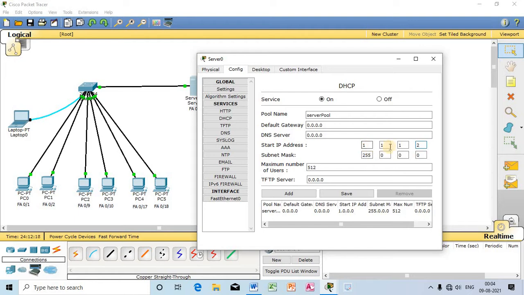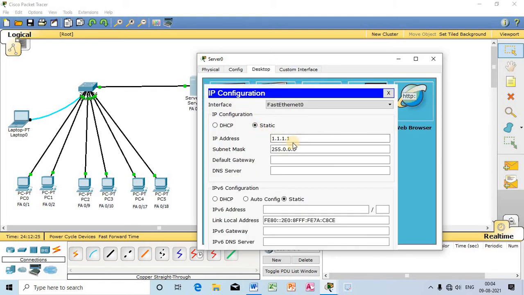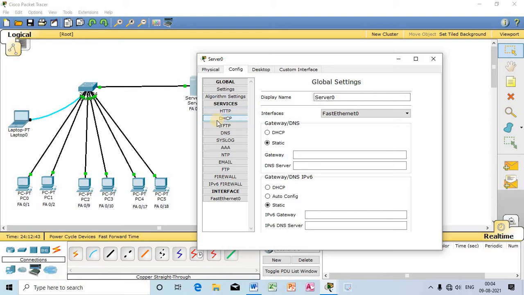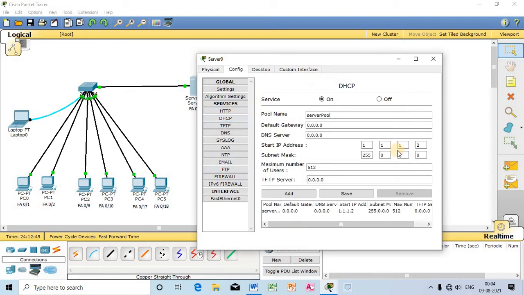I can't give 1.1.1.1 because 1.1.1.1 has been occupied by the address itself for this particular DHCP server. So 1.1.1.1, this is the address itself for this DHCP server.